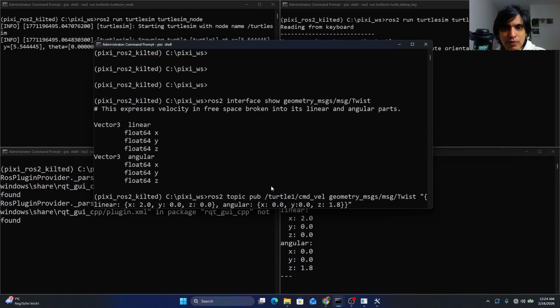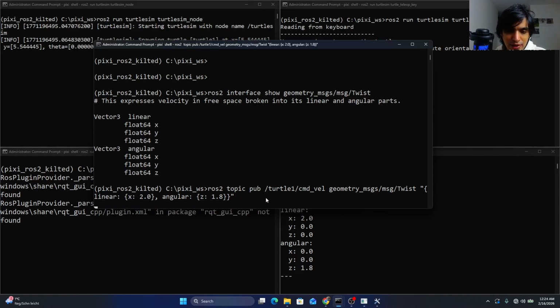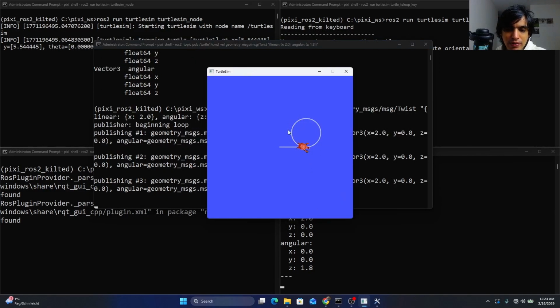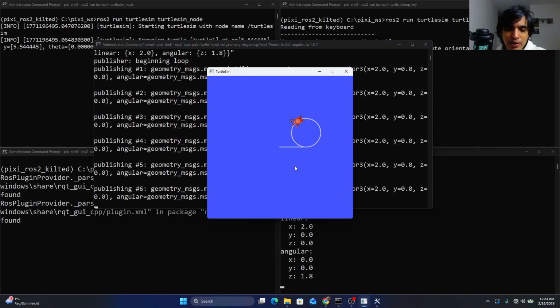So you just have to write the elements here in the message that you want to change. For example, in my case, I am changing only the z coordinate from the angular part, and from the linear part, I am just changing the x coordinate. So in this case, I don't have to write the entire message. Now if I press enter again, here in the simulator, you can see that again my robot is running in